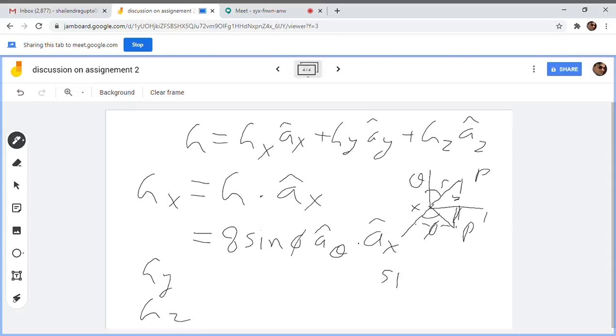Your sine phi will be what? Sine phi will be y by under root x square plus y square. And let us say sine theta, you need to calculate. So what is sine theta? This part is your perpendicular direction. So perpendicular direction divided by hypotenuse.